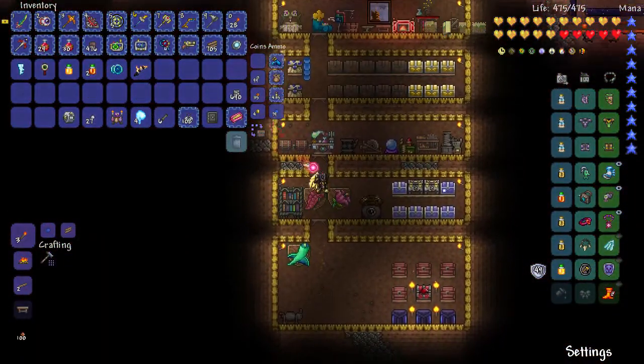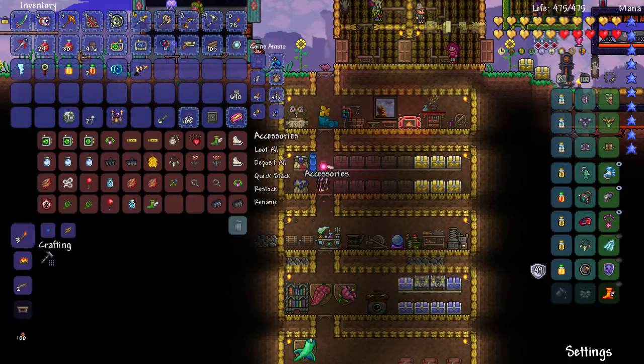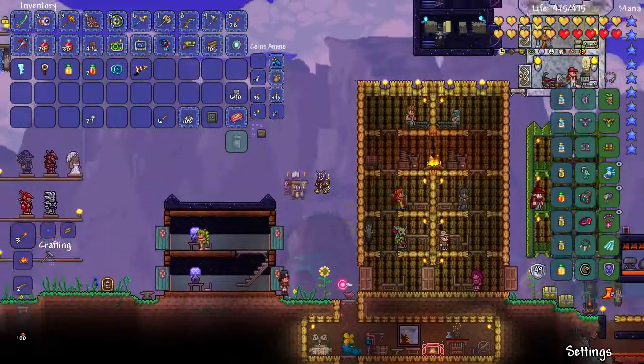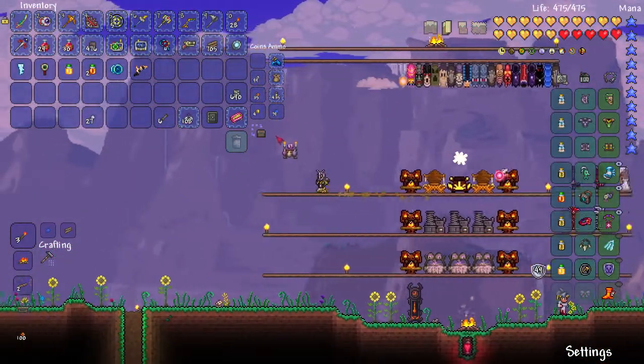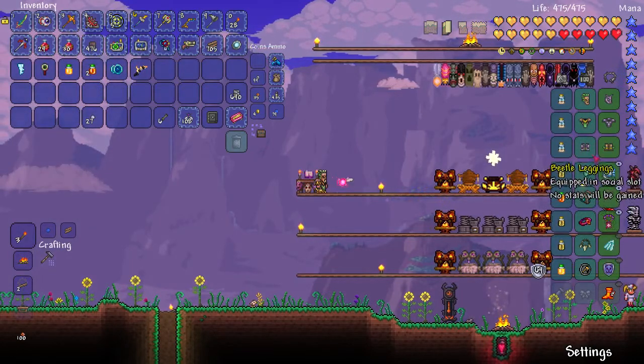Put just the tiniest bit of stuff away. I don't need the other tally counter. I'm tempted to keep it and let another character steal it from me. Bewitching table is interesting. Put one down, like, here. I've got one in my inventory, but now I can just go and click this one and...